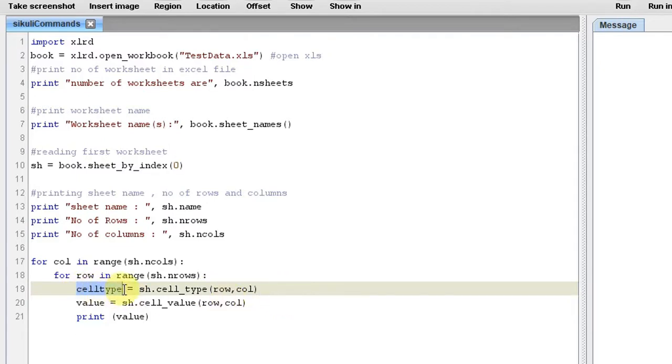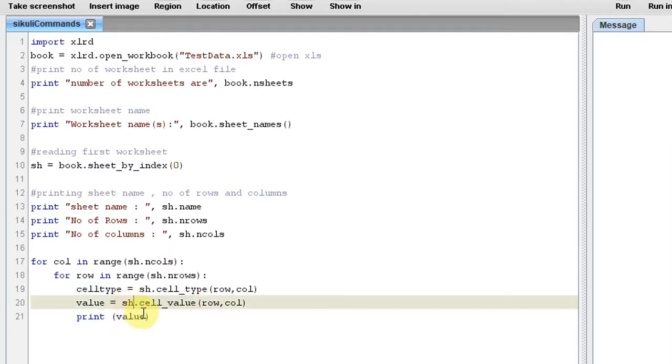This is very simple. Here the cell type is not used further, but this is a useful thing. Suppose you have data of type string, number, float or date. In that case you can perform actions on the basis of the cell type, but this will be covered in further tutorials. So I am keeping it simple and not describing more right here.